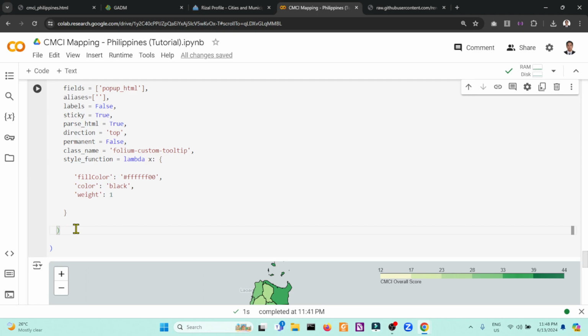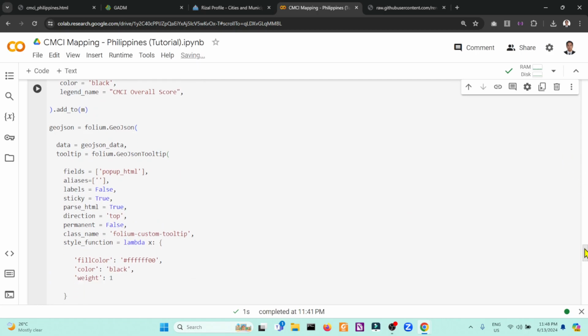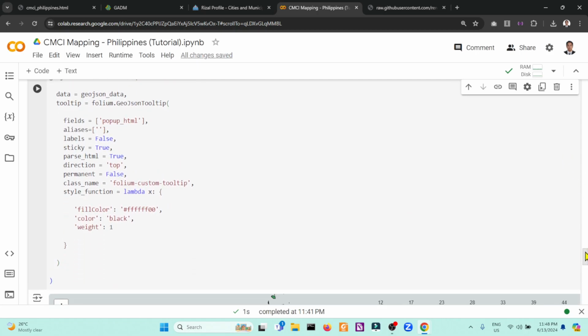Since we have the specific style here, and we have the specific, so let me see. So we have a JSON here. Let's see the start and end. So we have specific JSON. So we have specific custom tooltip. Then I think we need to add the JSON as a child to the choropleth, so that it is automatically integrated to the choropleth, and no need to separate this one as a layer control. Okay.